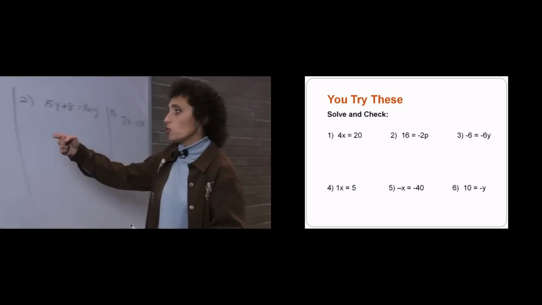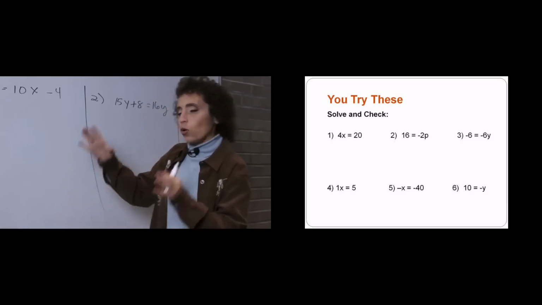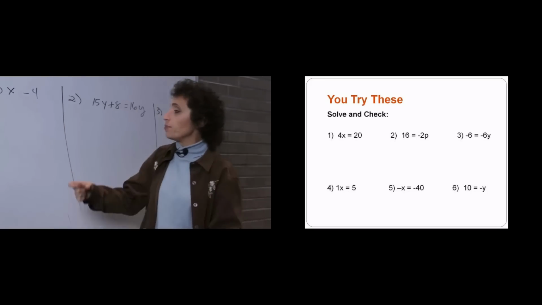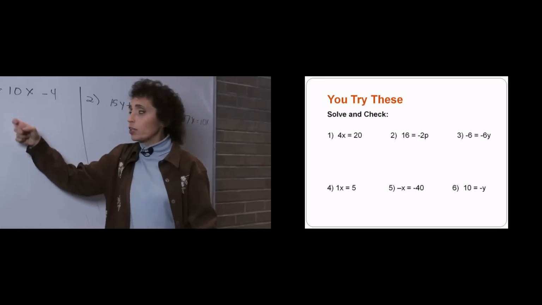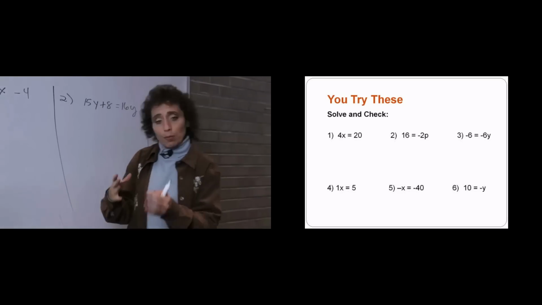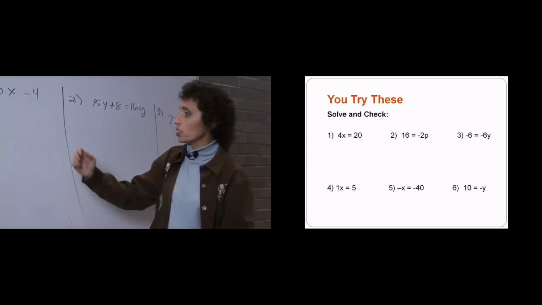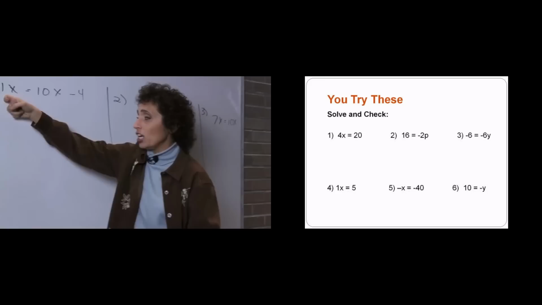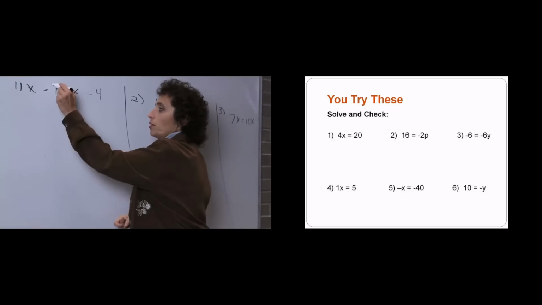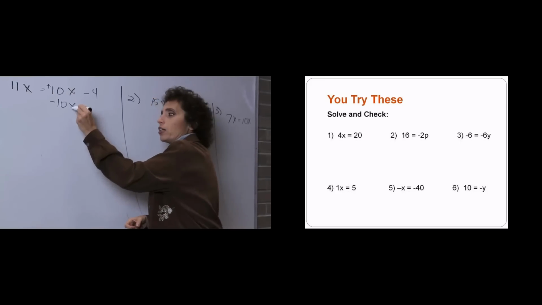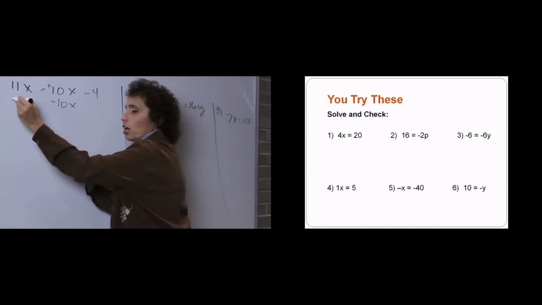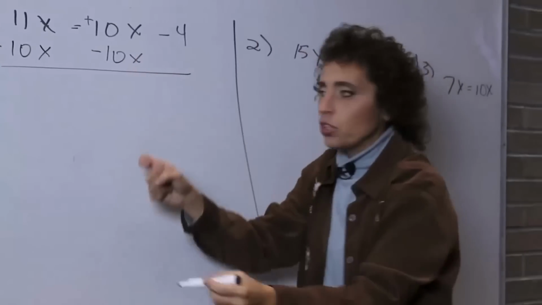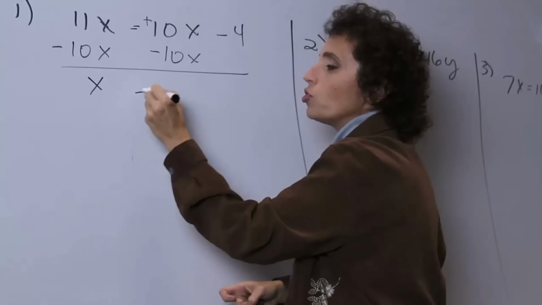All right, so let's take a look at this problem. Again, we want to have all the variables on one side, all the numbers on the other, and that's not cutting it here because that's not what's going on. Well, I'm going to have to move a variable because the variables are not on the same side. So when I move, it means I'm going to add or subtract. I'm not going to touch him. He's got no friends. I'm going to touch one of these. I'm not going to touch him because he's alone on that side. So he's going. That's a positive 10x, so I'm going to subtract 10x. But if I do it to this side, I got to do it to the other side to keep it in balance. So I have 11x's, but I owe you 10x's, so I have 1x or just x.